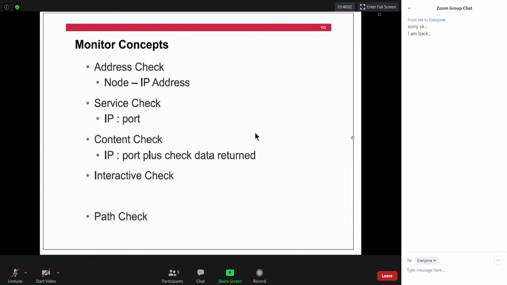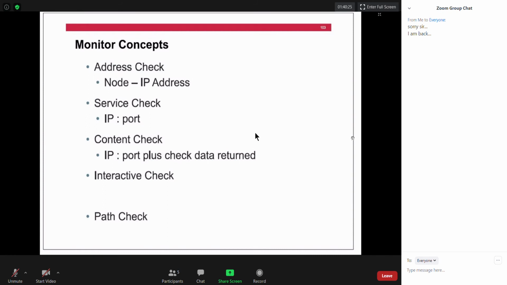But sometimes, again, you might have some issues. For example, you can ping the IP address, and your server is even listening over port number 8000. But what if the web page itself crashed? I mean, somebody deleted web pages from the web directory on the web server. You get my point?